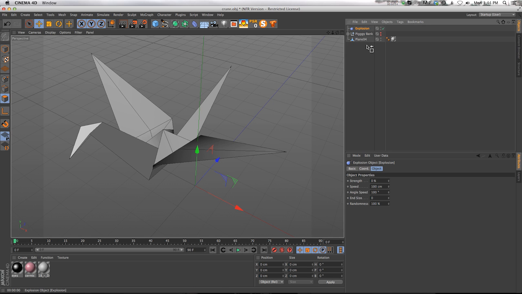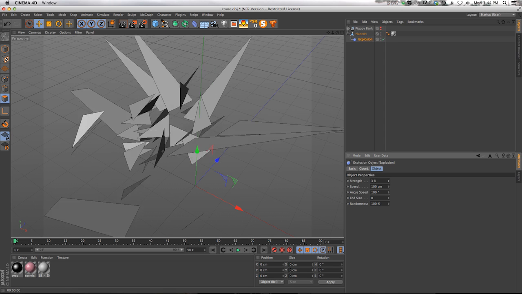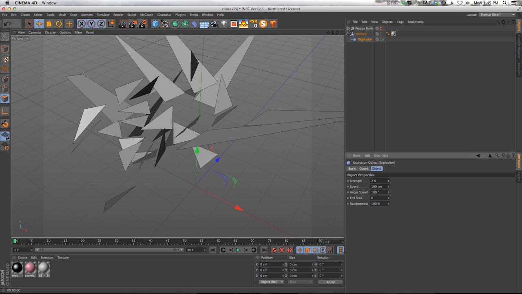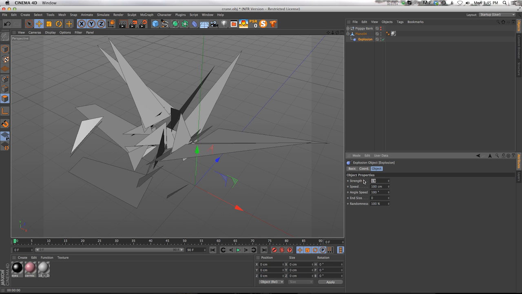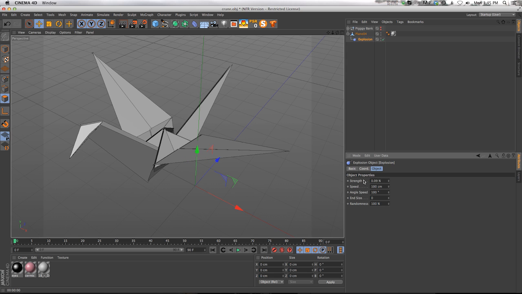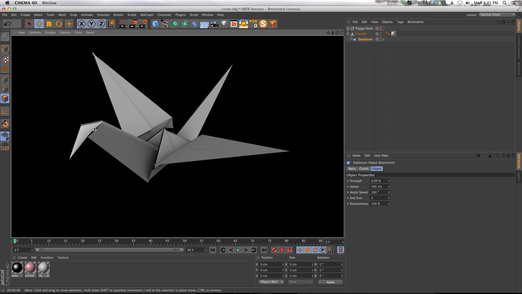So when you think about the explosion effects, we'll go ahead and drop that in our object. If we increase the strength, this is generally what you think of, kind of exploding things out, as the name would say. But if we take the strength and we drop it down to something very small, it's just going to displace the polygons a little bit. So now if we hit render, you can see that we have a lot of detail that looks like paper